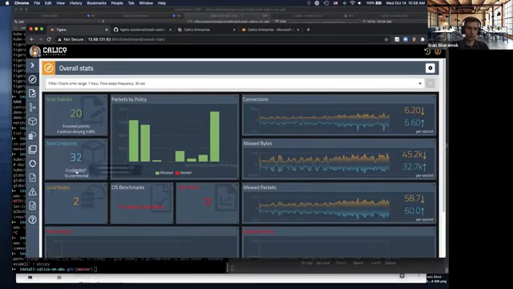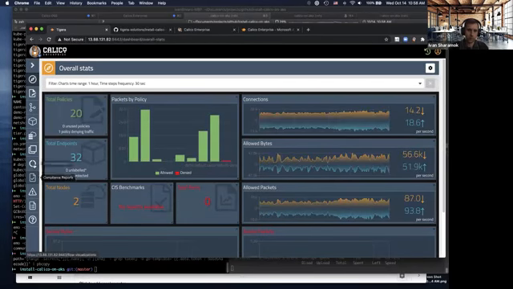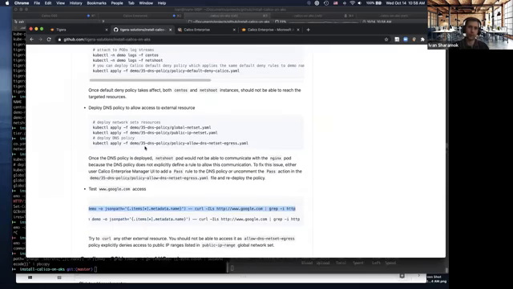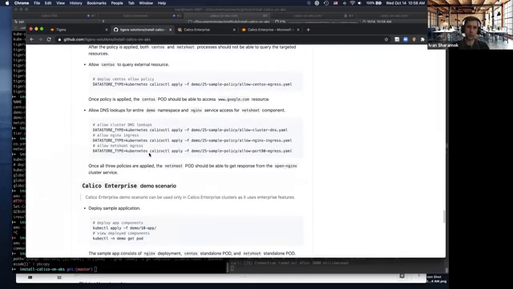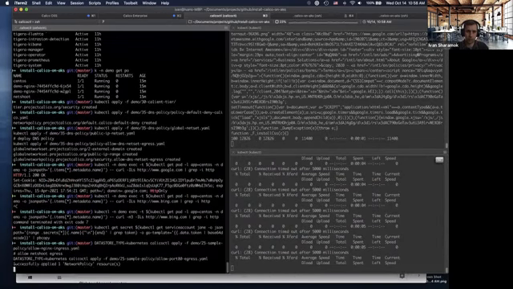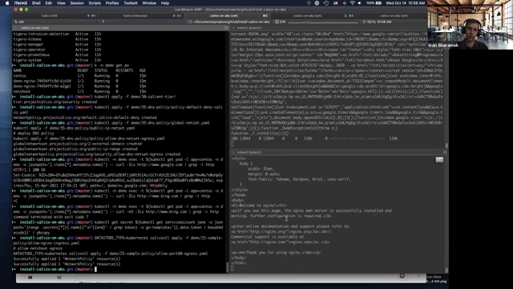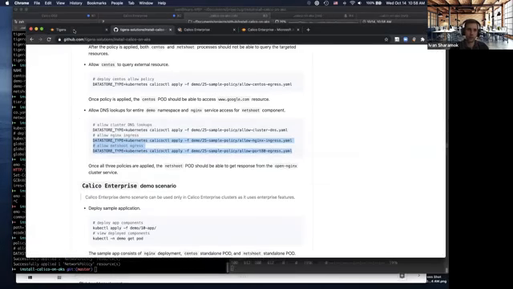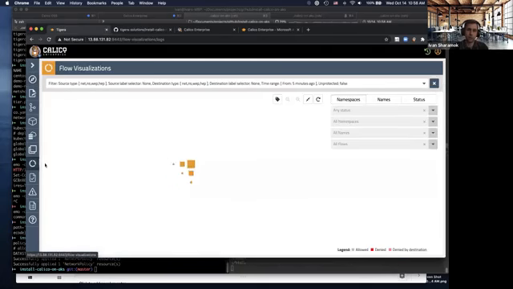And for that, since I have the default deny policy in place, I need to explicitly allow the flow from netshoot to Nginx to happen. So I'm going to deploy this egress and ingress policy, and now you can see that netshoot is able to access Nginx. Okay, that's an example of how you can use both Calico Open Source and Calico Enterprise, and